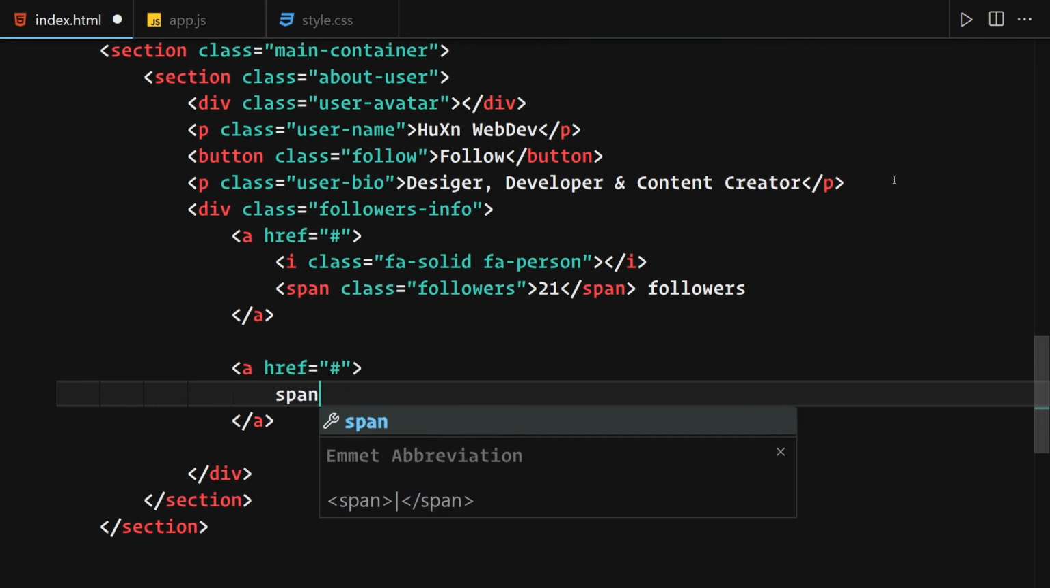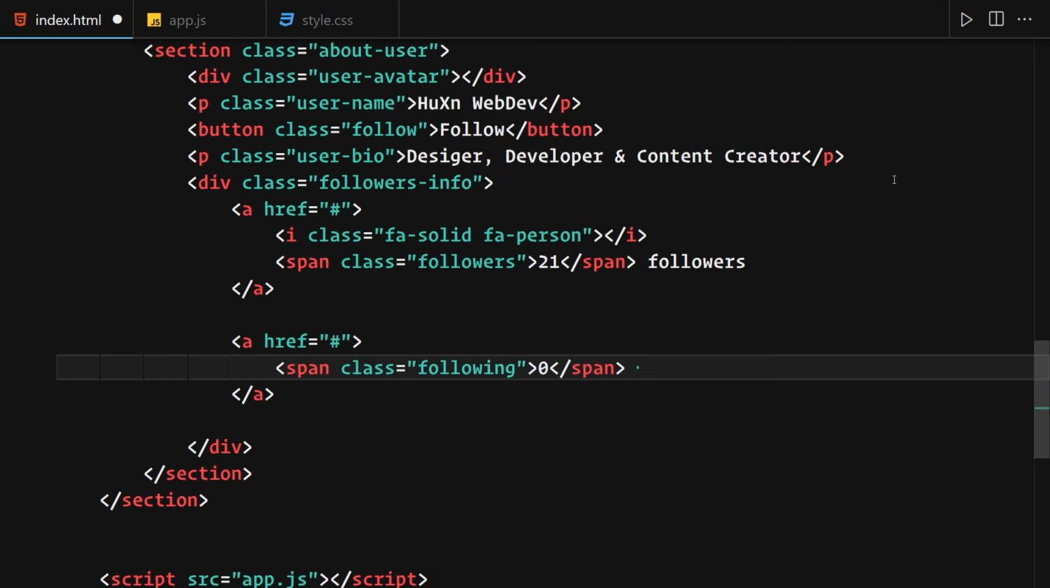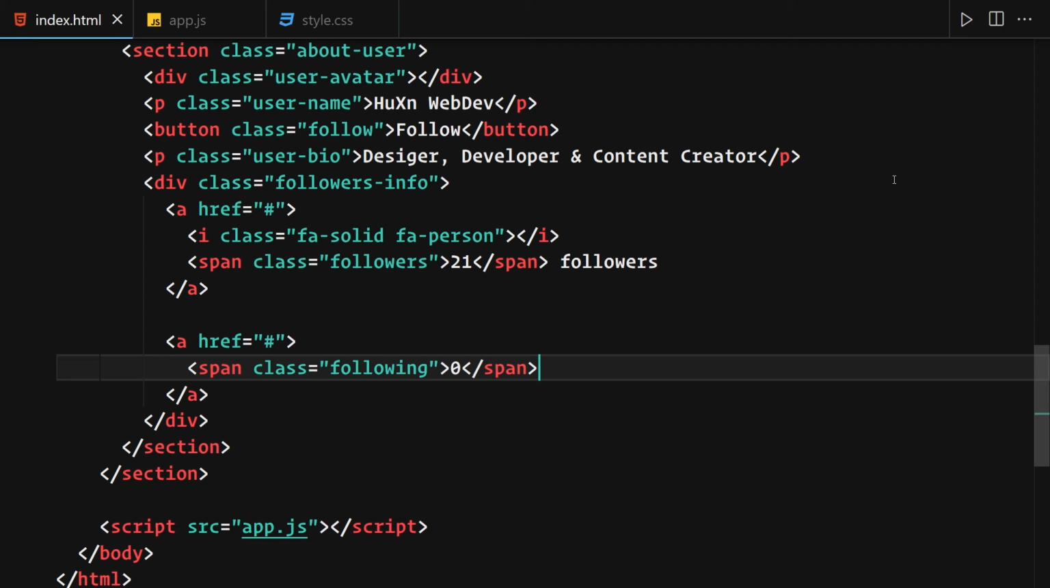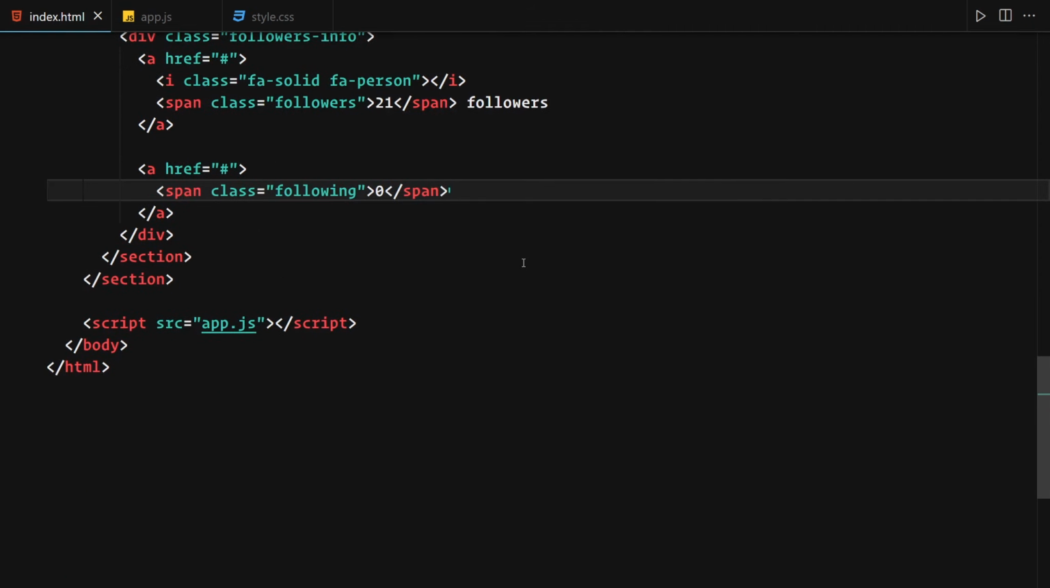I'm going to create a span with a class of following, in this case following 0. Maybe in future if I find someone, I'll follow them. Anyways, so that's cool. Now I'm going to save this file right here, go back, and this is how things currently look. But now we have to do a little bit of other things, which will be underneath